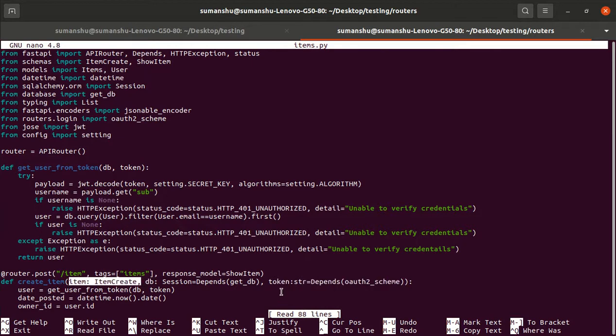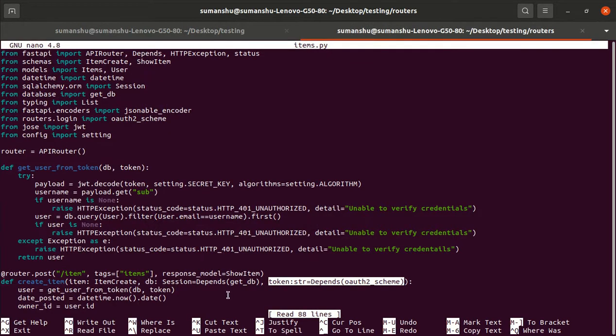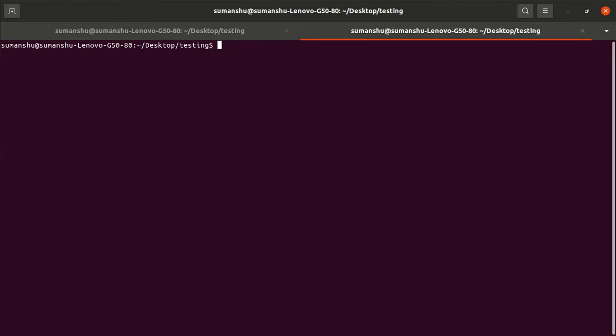So the same thing we have to pass into our test cases. But when this token is passed into the function, in which format does it go into the URL? If we know that first, then we can easily write our code. So let's try to look at that.